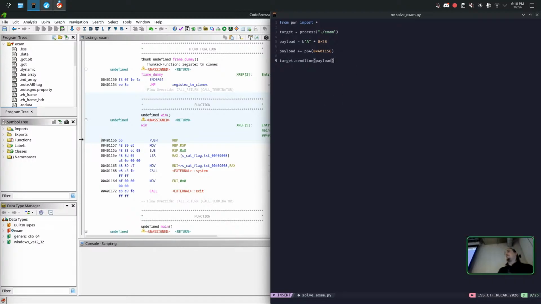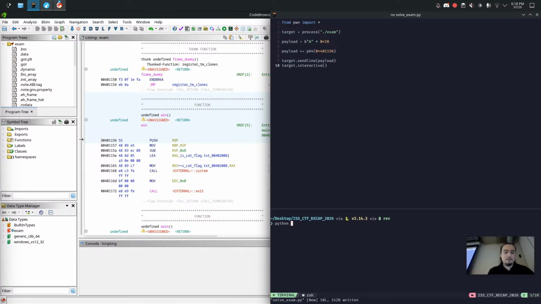And then we'll just send our payload to the program. And that closing function I mentioned before, target.interactive, so that we can actually start looking at that output and interacting with the process. Save that, open up a shell. And